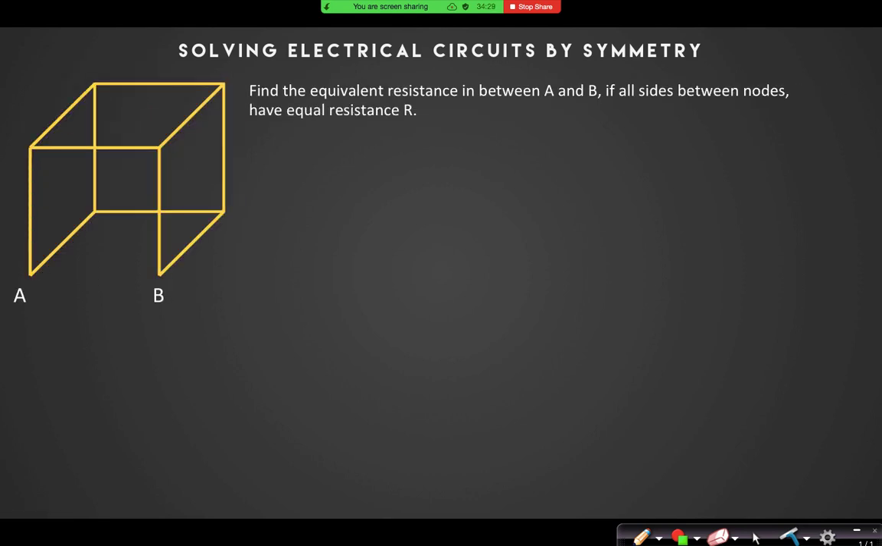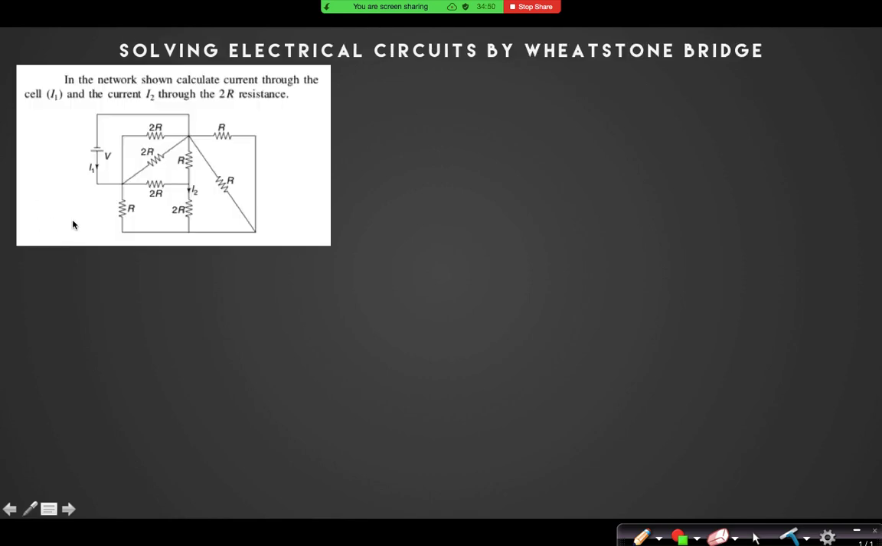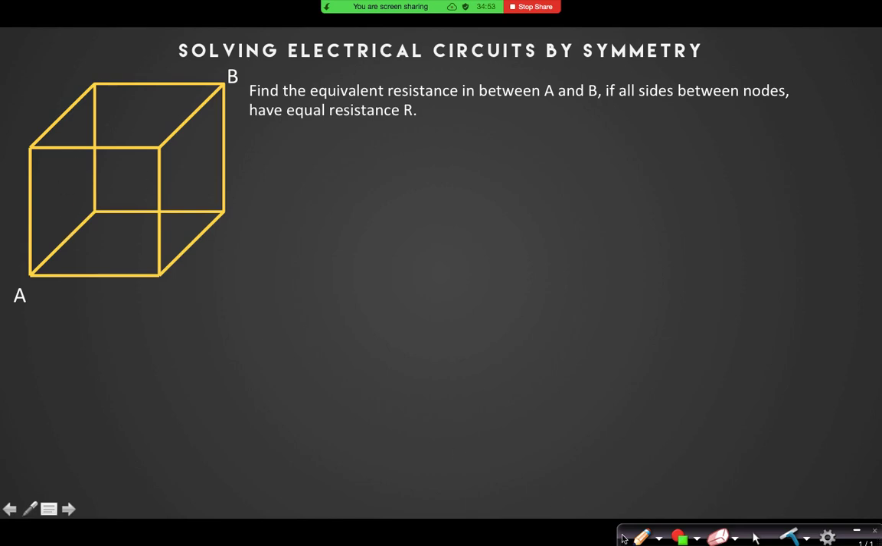We have done this question also in class. Now find the equivalent resistance between A and B if all the sides between nodes have equal resistance R. That is also a cube, I think, and all the sides are equal resistances R. So now you can also use that symmetry pattern, if I want to move from A to B,